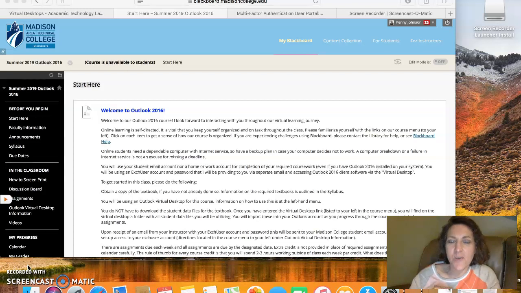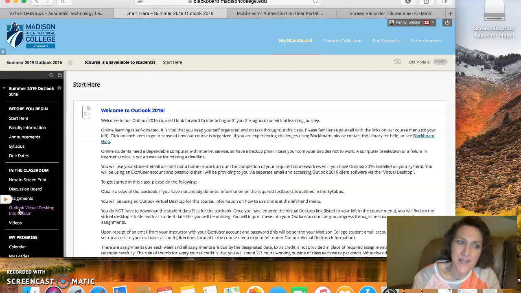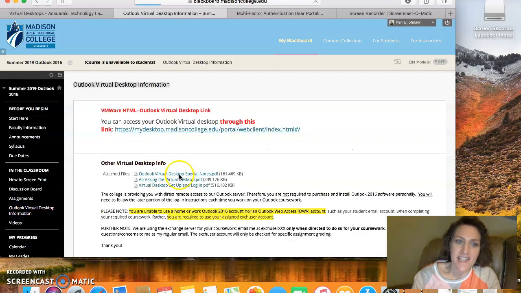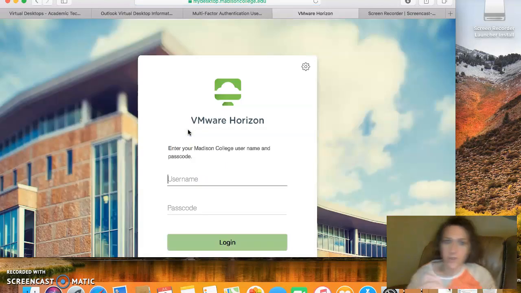In this video, we're going to take a look at how the login process happens once you have set up your multi-factor authentication. So I'm ready to log in to the virtual desktop. I have my multi-factor authentication all set up on my phone. At the left, I'm going to click Outlook Virtual Desktop Information. I'm going to click there, and then I'm going to click this link here to advance to the virtual desktop